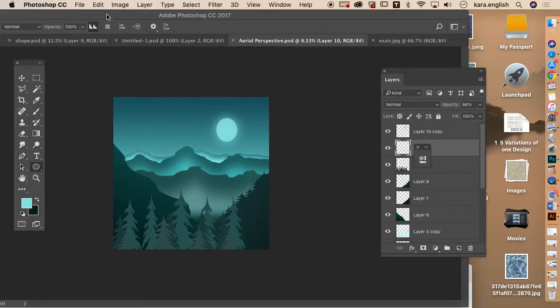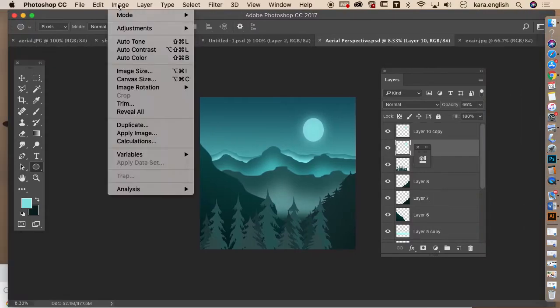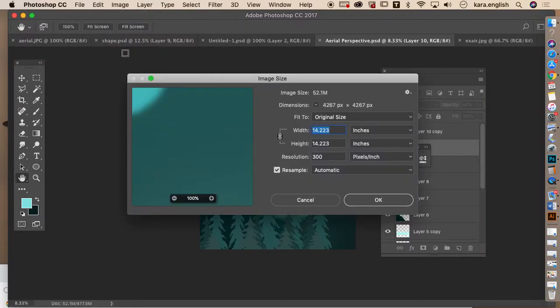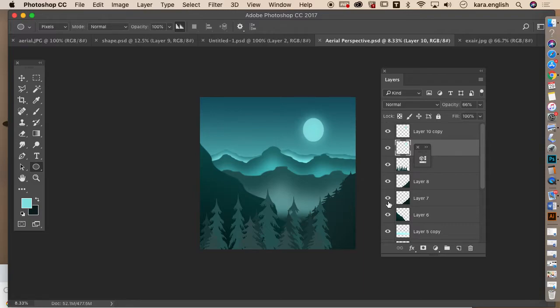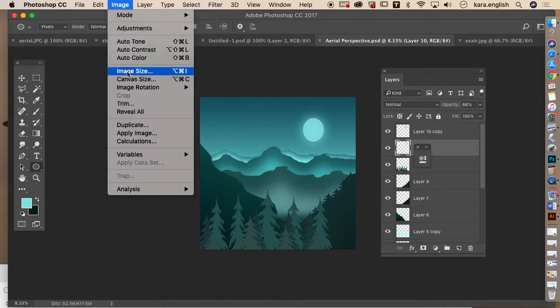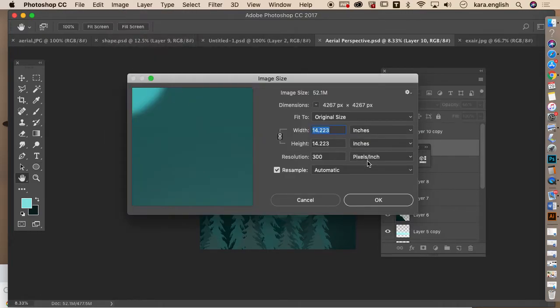And so we're going to come back and look at our image size here before we start. And I'm at 14 by 14 at 300 resolution, and that would make a nice little print on my printer. But to get ready to save for web, the first thing I'm going to do is change the image size to 7 or 8, that I don't want it to be any bigger than that on my website because it's going to cause problems. So now I have the width at 8 by 8,